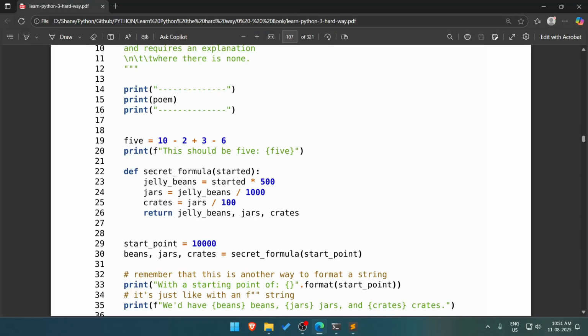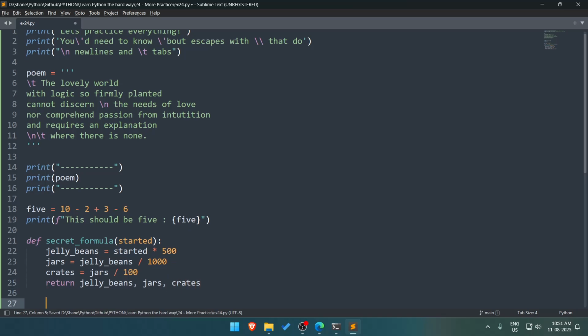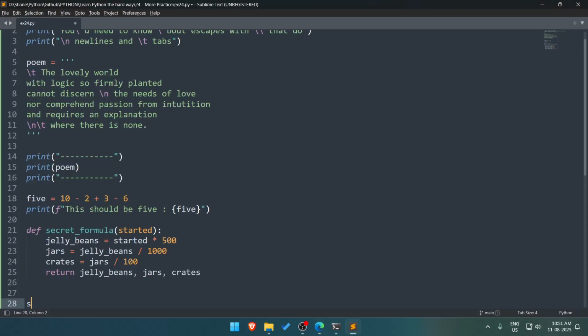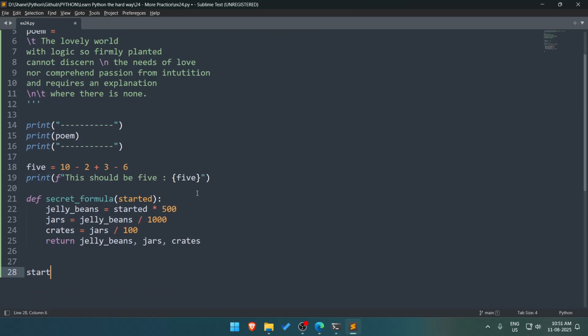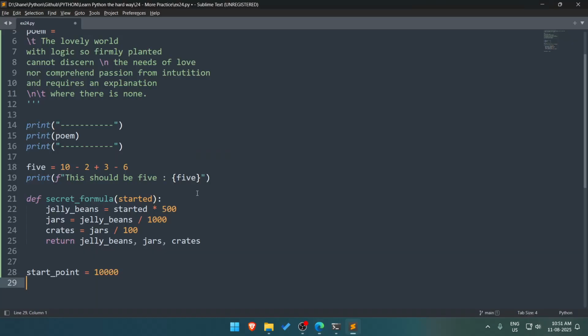Then we return jelly beans, jars, and crates. Then we have a start point of 10,000. Start point equals 10,000. And we go beans, jars, crate equals secret formula